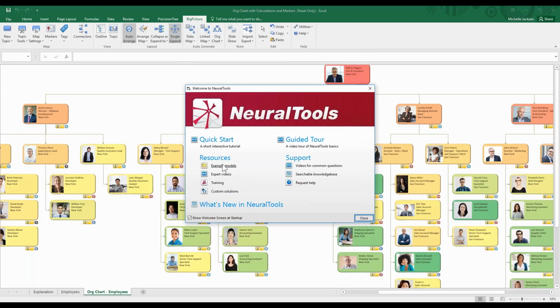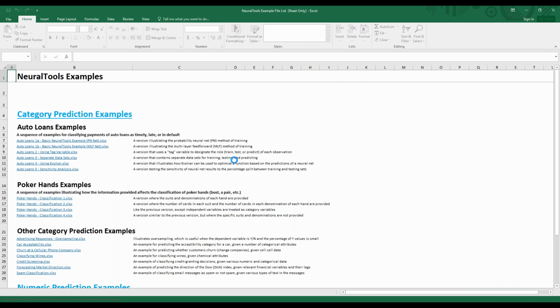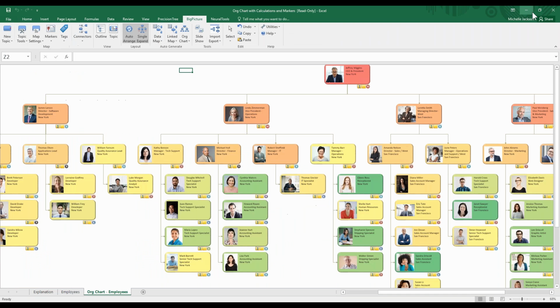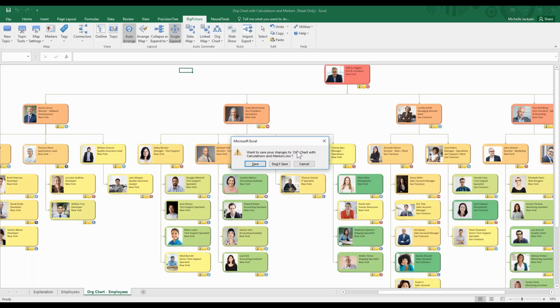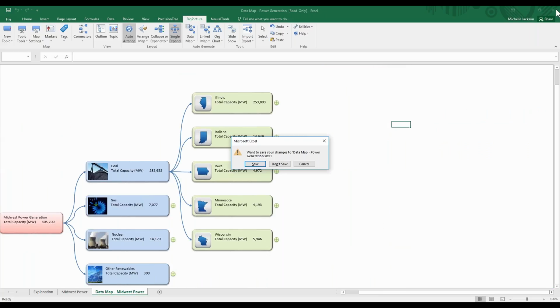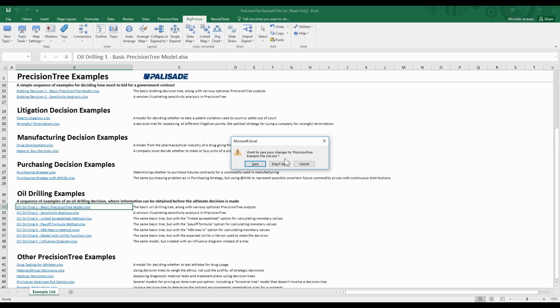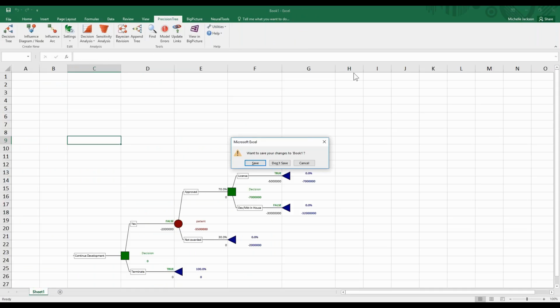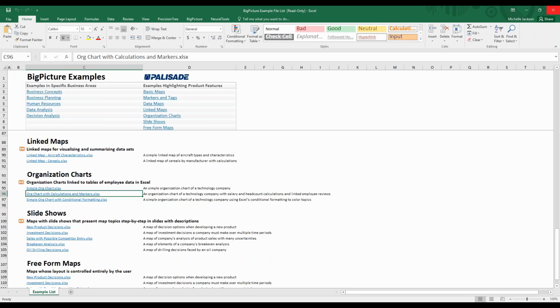Let's go ahead into our example models for Neural Tools. In the meantime, I am also going to close out of these. So Neural Tools: basically nobody ever has complete information when making decisions, but if you have access to historical data for your problem, then you can use Neural Tools to help you decide what could happen for a new person or entity coming in. We won't show you exactly how it does it because the math behind it is pretty intense, but